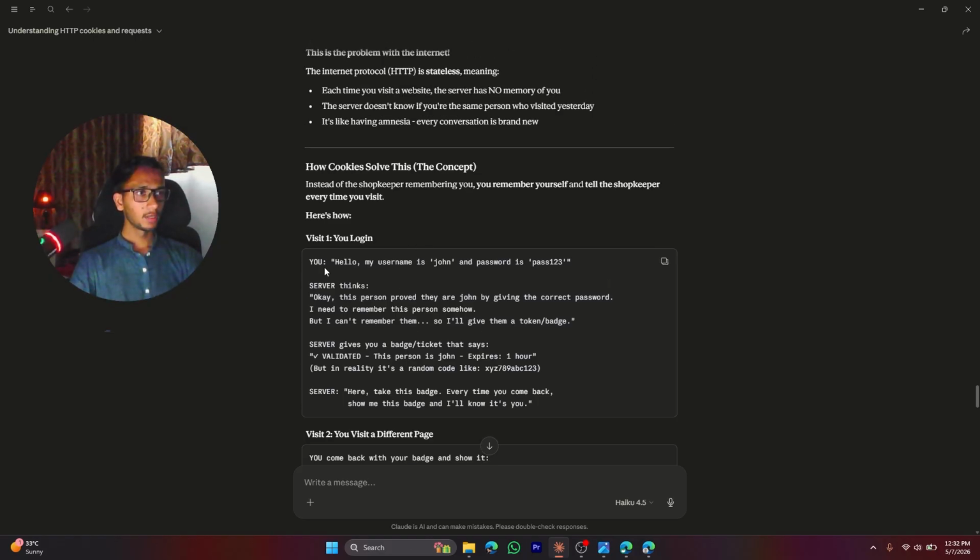So over here we have a login page, right? And we as a user enter our username and password like this. So we tell the server our username is this guy and our password is this. Now the HTTP request is sent to the server. The server then processes the request and checks if the credentials are correct, if it exists already in the database or not. So if it exists, the server will think, yep, this person proved they are John by